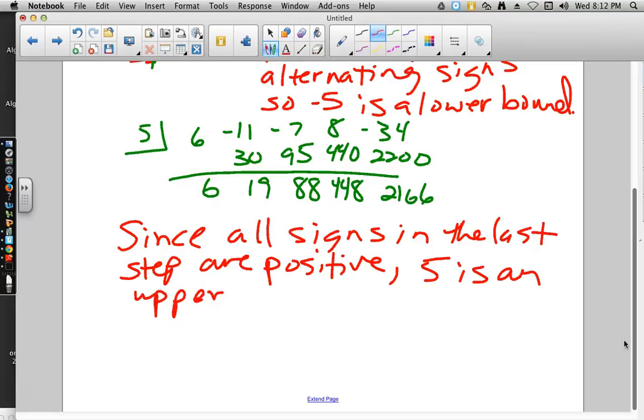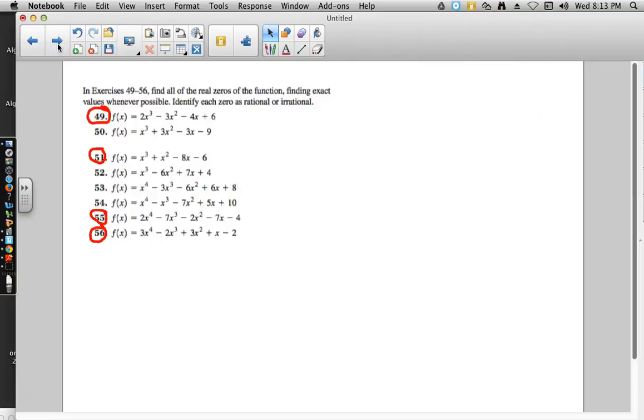And I have a sneaking suspicion that perhaps you just didn't get this far in class yet on the notes to do that one. All right, next one up, 49, says we want to find all the real zeros of